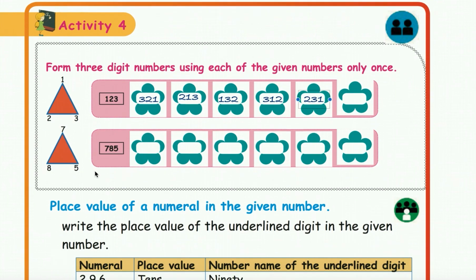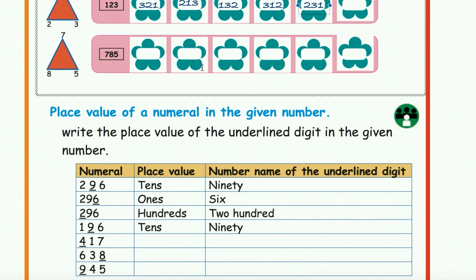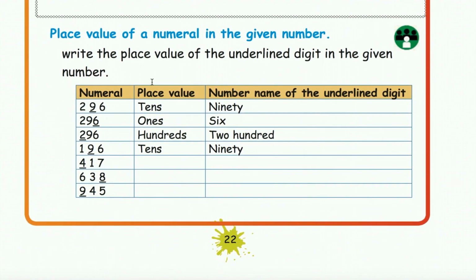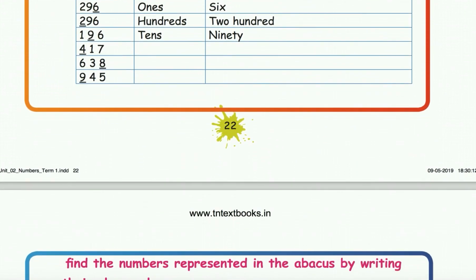Okay, and complete fill up all the blanks. Place value of a numeral in given number. 9 tens place, right? 6 is in ones place, 2 is in hundreds place, 9 is in tens place, 4 is in hundreds place, 8 is in tens place, 9 is in hundreds place. Okay,